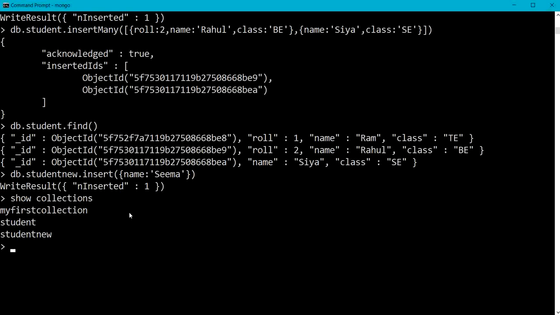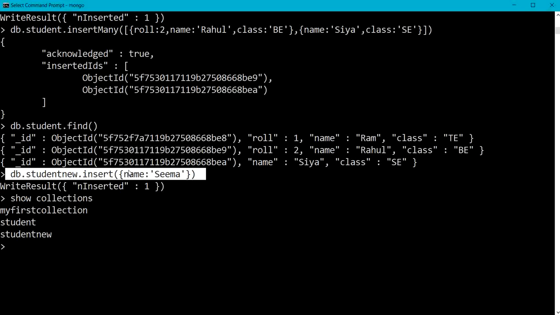See here my first collection, student, and studentNew. This is the extra functionality supported by the Mongo database. We need not create the collection; with the insert method we can get the collection created.